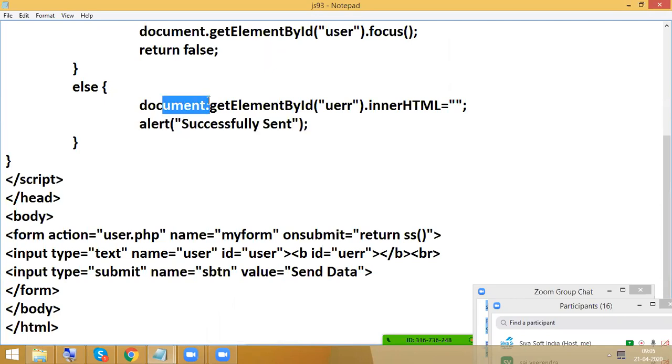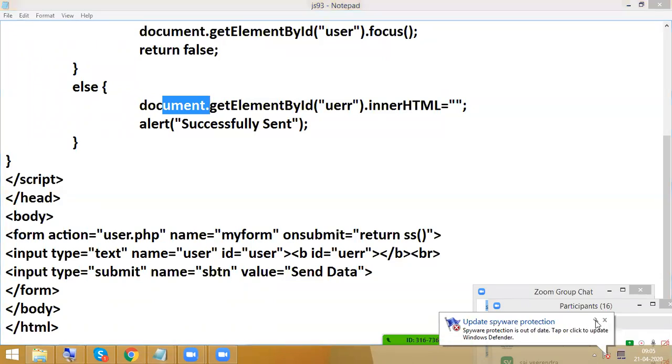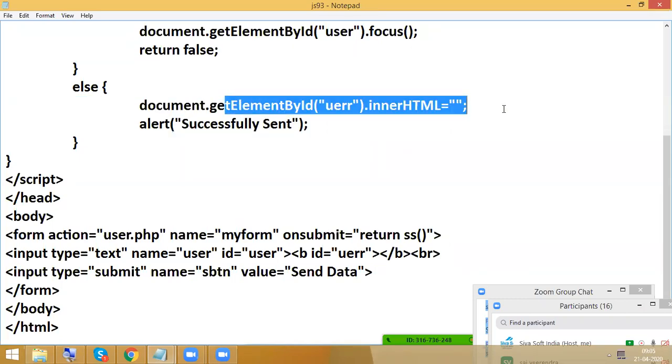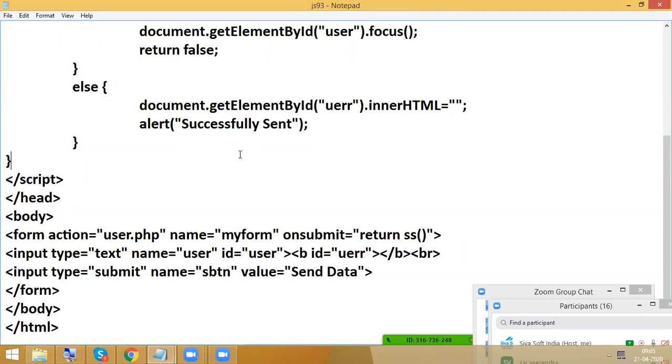If you have a window object and a document object, priority is always for the window object, because first it loads the window, and only then the document, since the document is inside the window. So first the window objects are loaded, window.alert, window.prompt, but window is optional, no need to write it. In this case, document.getElementById, so everything is fine. Is it clear? Fine. So this is the way you can do the validation by using getElementById.